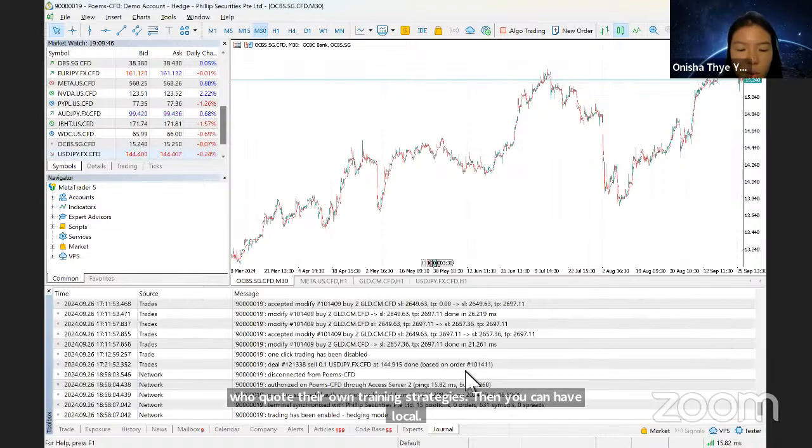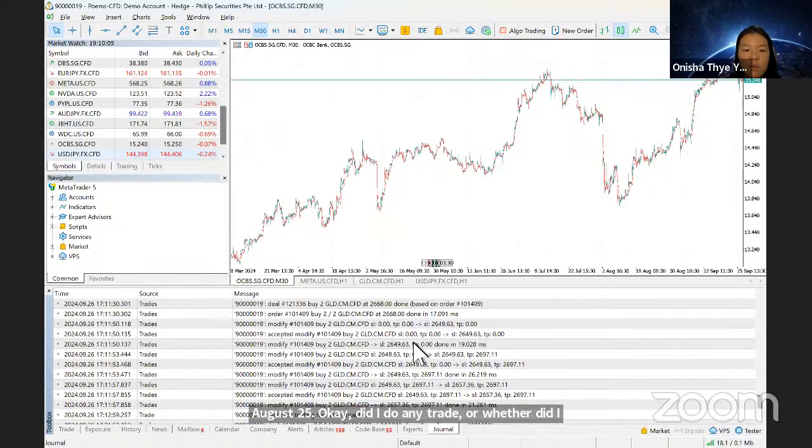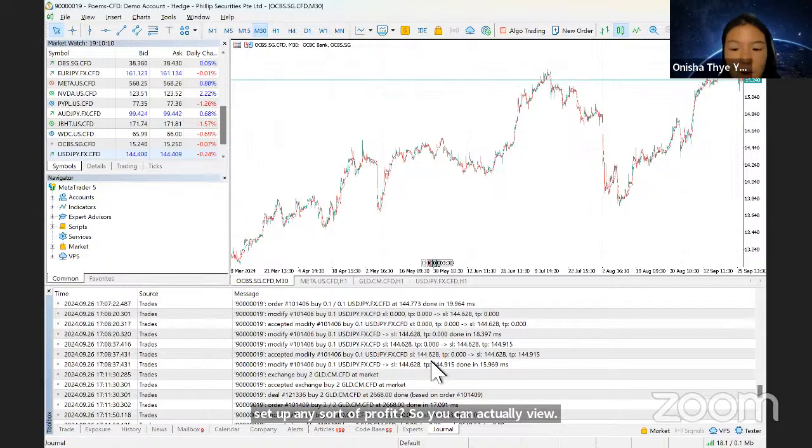Okay, for journal wise, this is also very important because this one actually records every single thing that you do in MT5. So let's say, for example, I forgot, maybe last month on a particular day, let's say August 25, did I do any trade, or did I set up any stop loss or take profit? You can view it via this journal because it records every single thing.